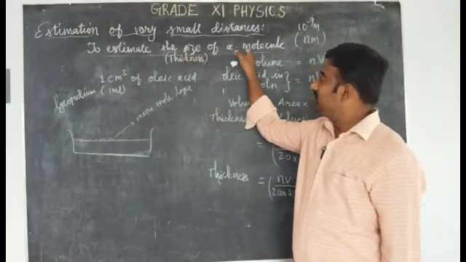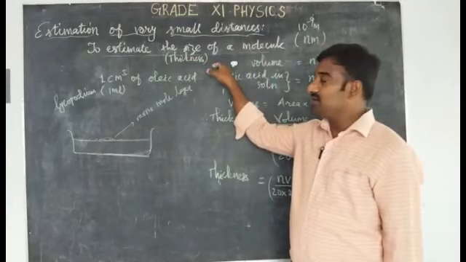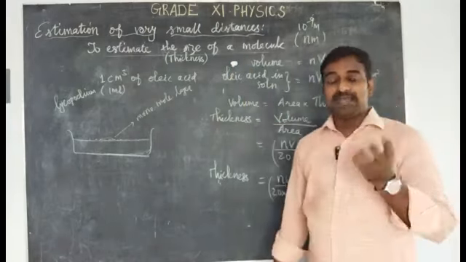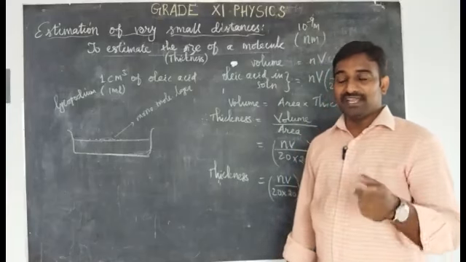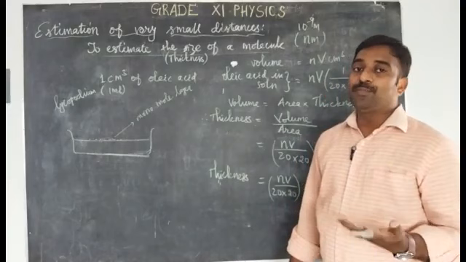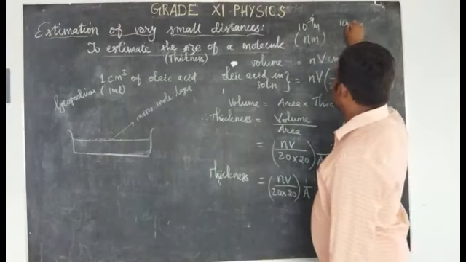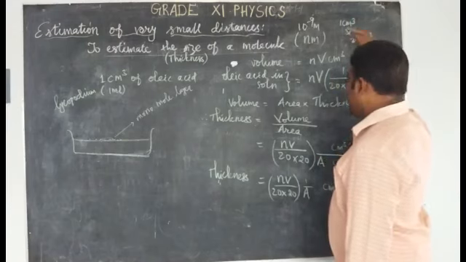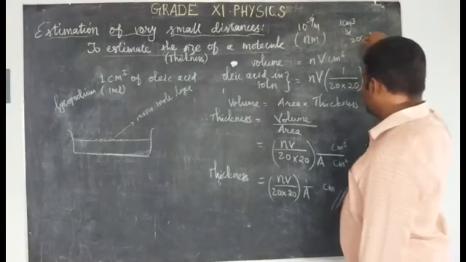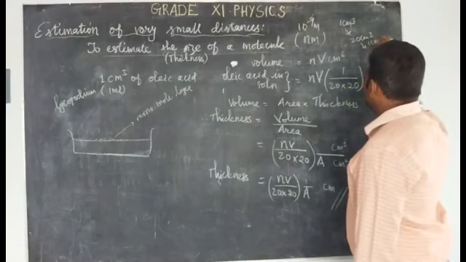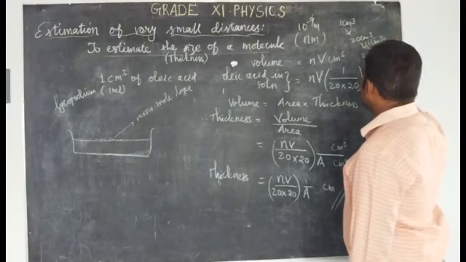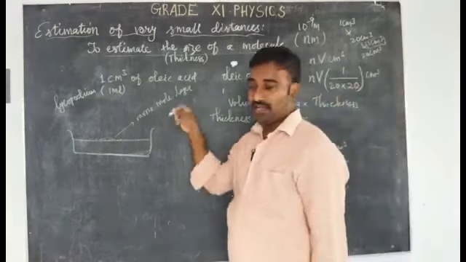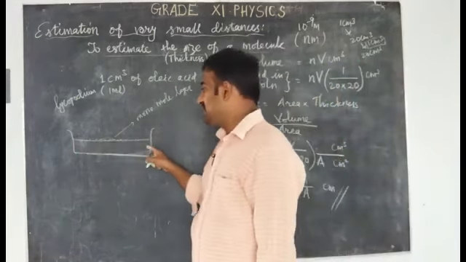So to estimate the size of the molecule, that is to form the monomolecular layer, how to do the procedure? First we will take oleic acid. Oleum means oil. It is a soapy oily liquid, a type of oil, like for example palm oil. So we will take 1 centimeter cube of oleic acid diluted in 20 centimeter cube of alcohol. After dilution, from that we will take 1 drop of diluted oleic acid. That 1 drop is dissolved a second time in another 20 centimeter cube of alcohol. From this we will take 1 drop, and that drop is left on the trough containing water.